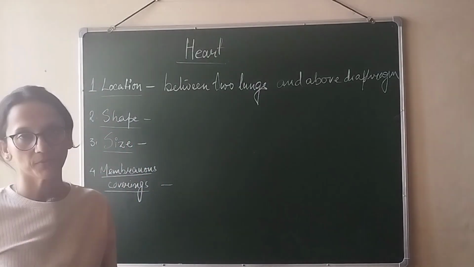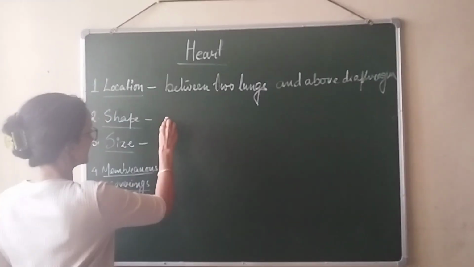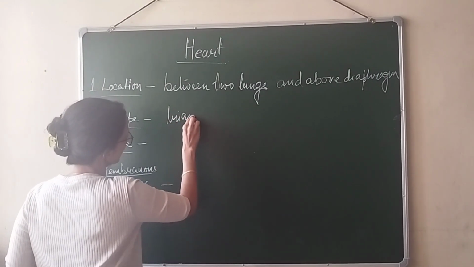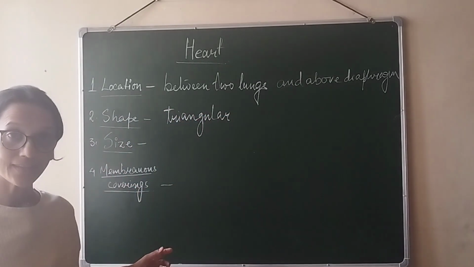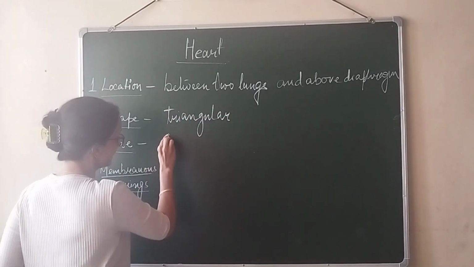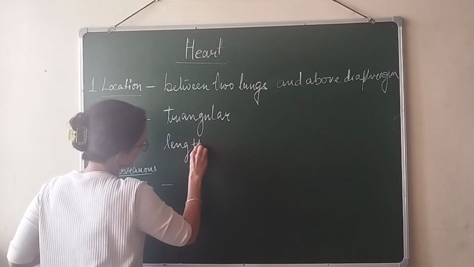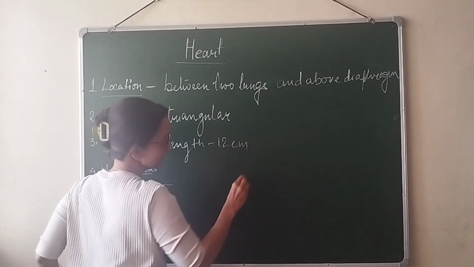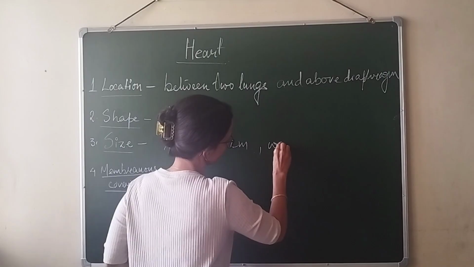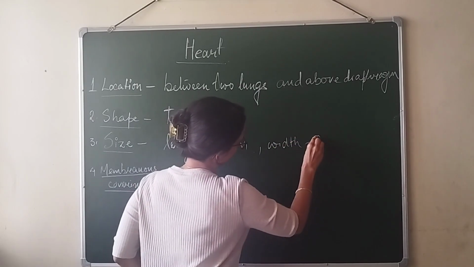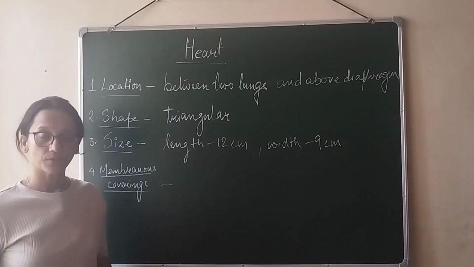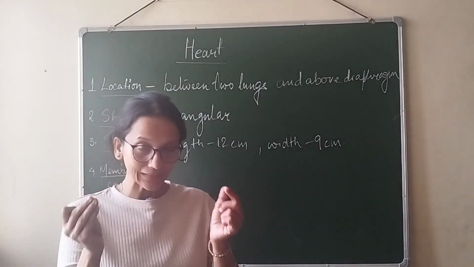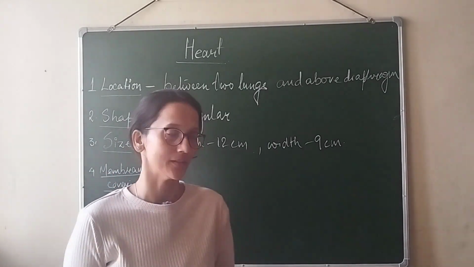Next comes the shape of the heart. The shape of the heart is basically triangular. Third is the size of the heart. So the length of the heart is 12 centimeter and its width is 9 centimeter. Now membranous covering, that means the membranes or the thin layers that are covering the heart, these